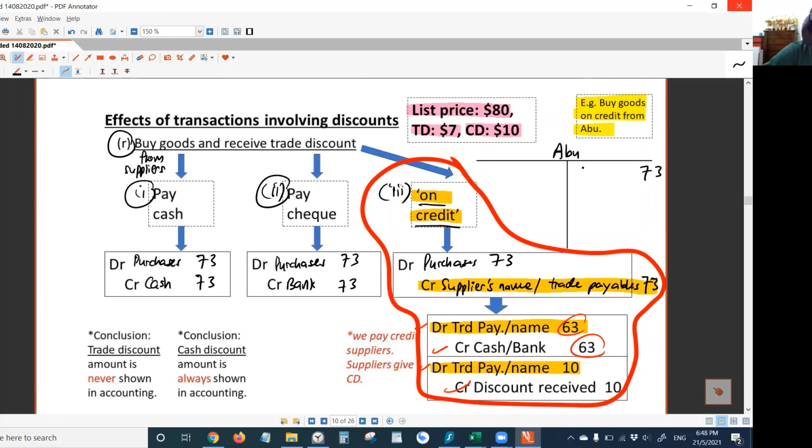73 here, write purchases. 63 here, write cash/bank. 10 here, write discount received. And then you total up both sides because you no longer owe Abu money. You have settled the debt, and then eventually you get the second stage discount, the $10. When you're done, let me know. Done, yeah. Okay. Now